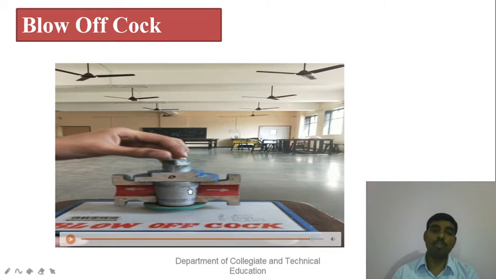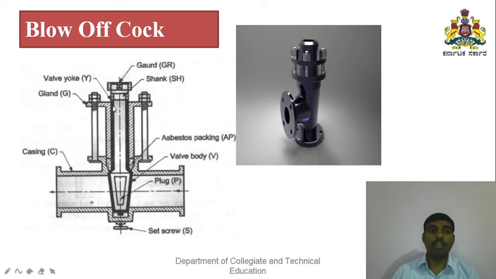Students, by seeing this video, you are able to understand clearly. We have a gland, and two positions, the steam inlet and steam outlet. See here in the blow-off cock we have a casing, screws, and a plug; this is the opening. Here we have a wheel to open, and asbestos packing is given to reduce leakage. We have a gland for adjustments when the steam flows from here and goes out, or the water flows here and goes out.